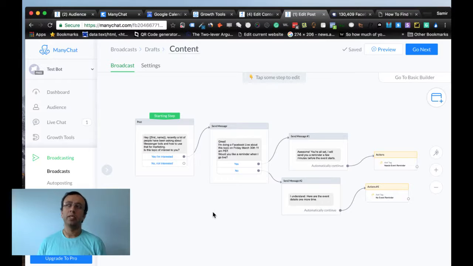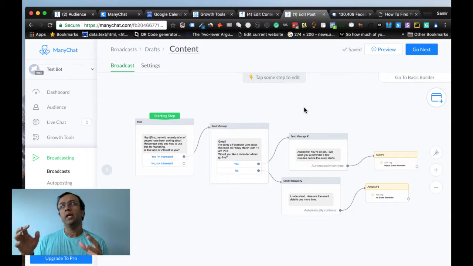Again, position the broadcast as a newsworthy message first, because you have something new happening. And you definitely want to ask whether they are interested in learning more about that news event or not.